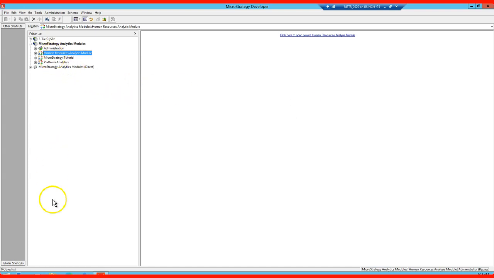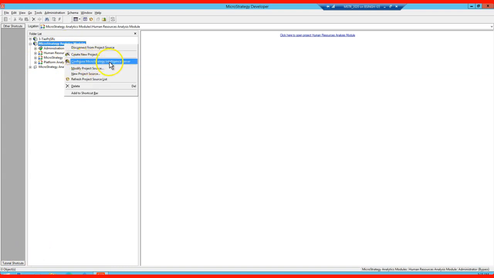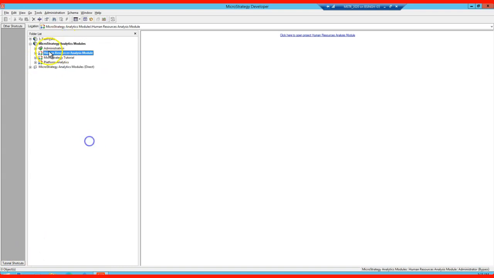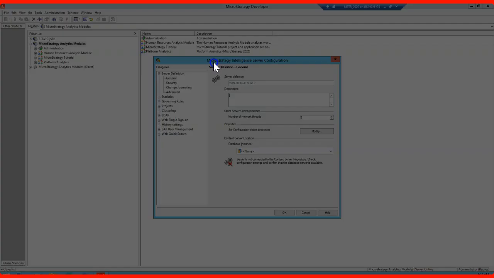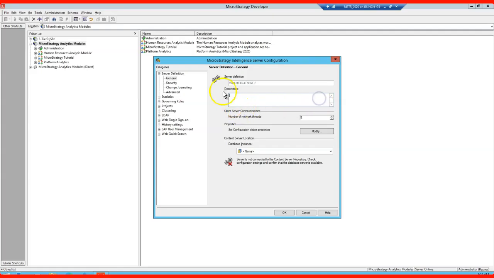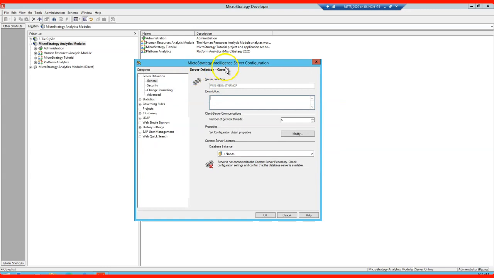Now let me show you how you can control user connections at the intelligence server level. Go to your project source, right click, configure MicroStrategy Intelligence Server, and it will open the MicroStrategy Intelligence Server configuration.